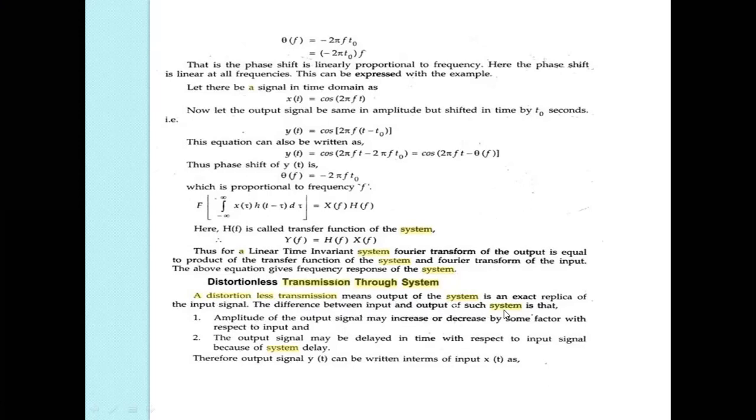The difference between the input and output of such a system is, first, that the amplitude of the output signal may increase or decrease by some factor with respect to the input signal. And second, the output signal may be delayed in time with respect to the input signal because of the system. Therefore, the output signal y of t can be written in terms of the input x of t as